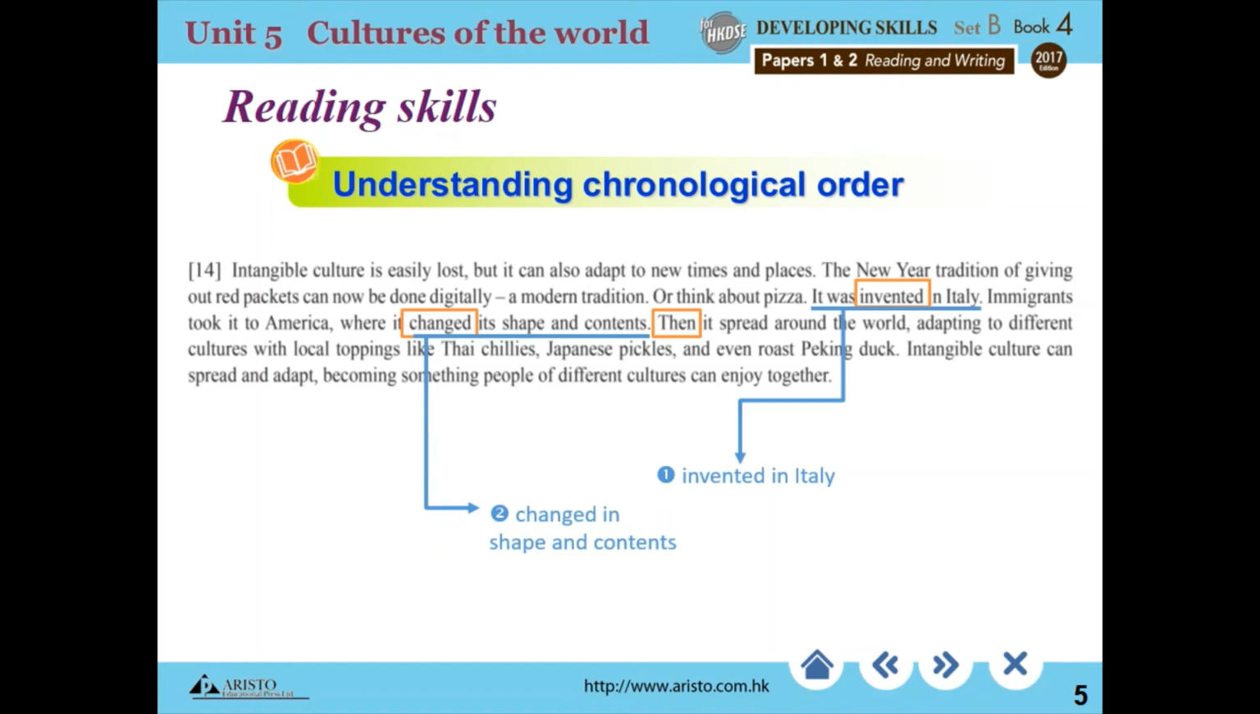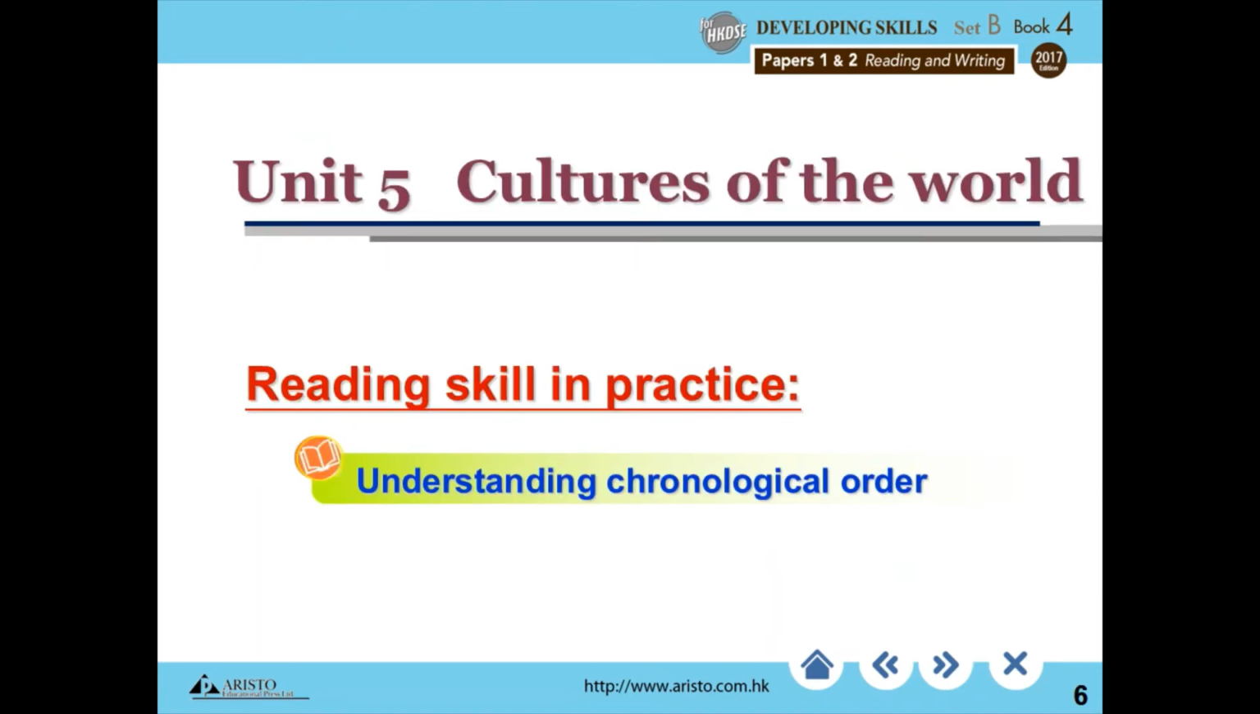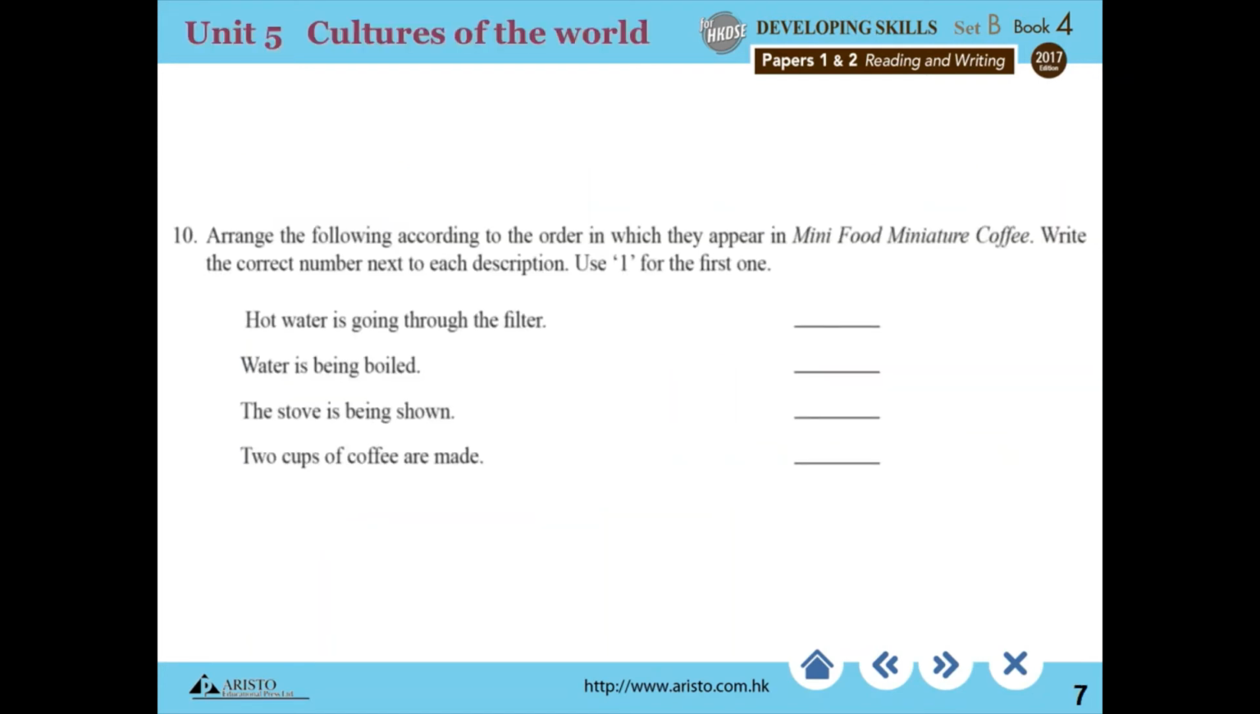After that, we see the adverb then, telling us that after the pizza's shape and contents had been changed in America, it was spread around the world. Let's see how we can use this reading skill, understanding chronological order, to answer a reading comprehension question on the Paper 1 exam. Here's a question asking you to arrange some events in the order in which they appear in